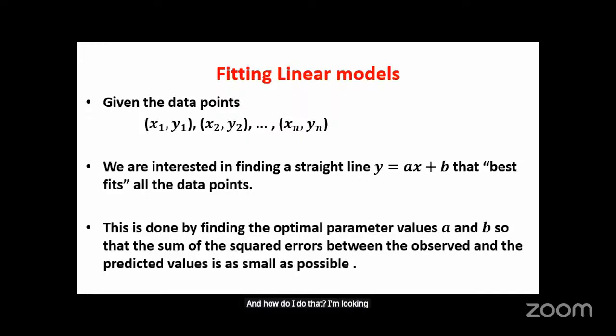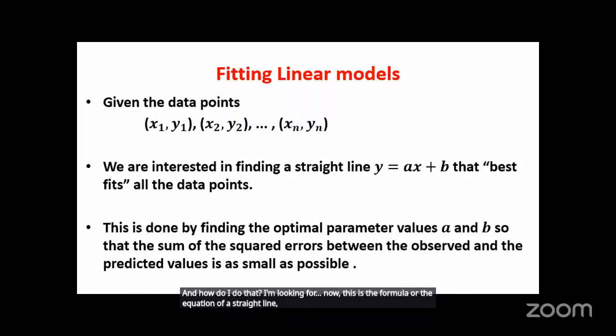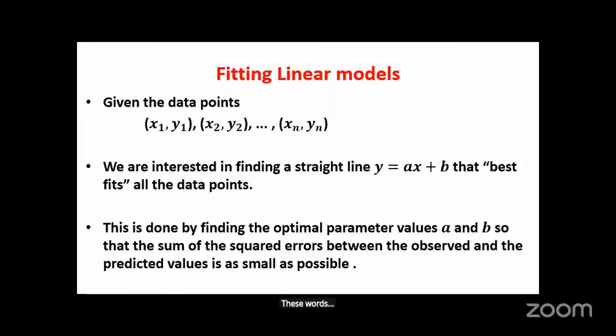And how do I do that? Now, this is the equation of a straight line: ax plus b. B is the intercept. A is the slope. So I'm looking for the values of these two such that this line closely matches the